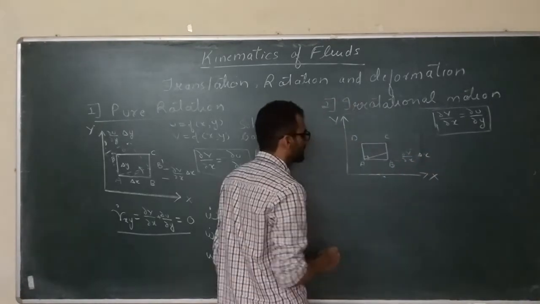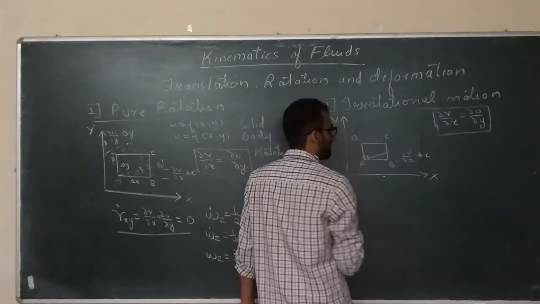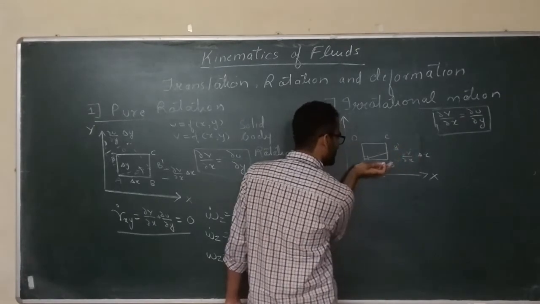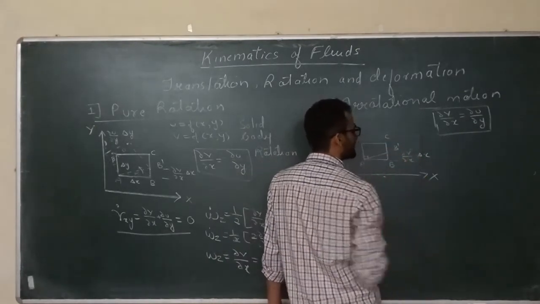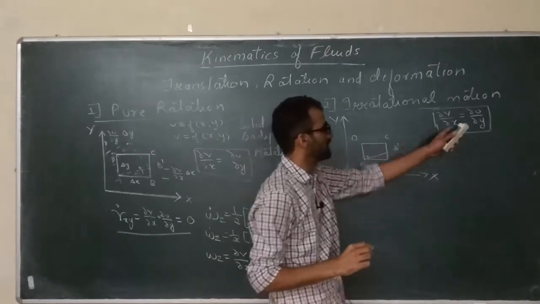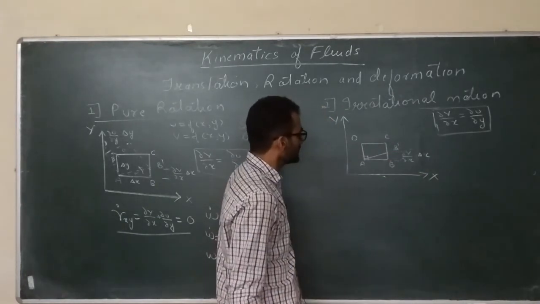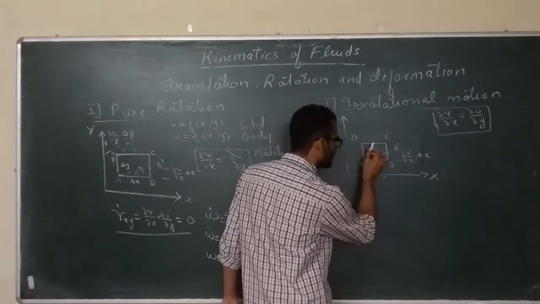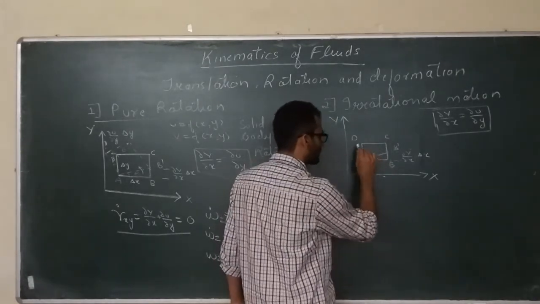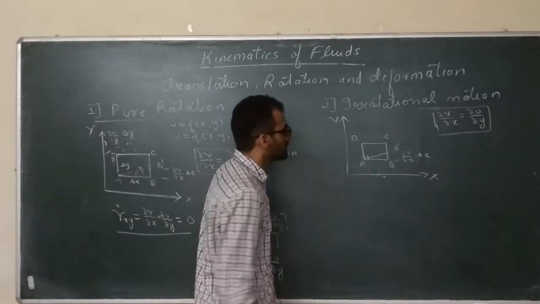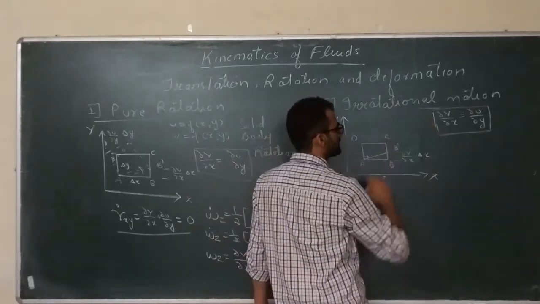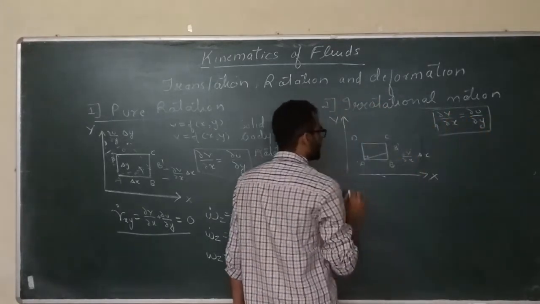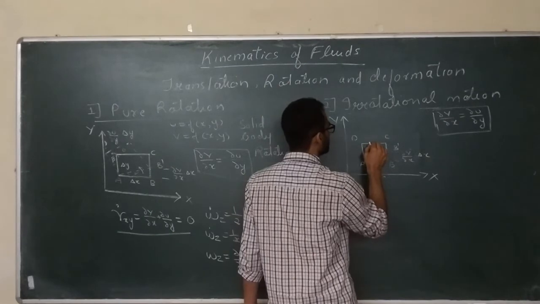Now this AB has shifted to AB dash. This segment has gone up because del v by del x is there. It is positive, fine. But what about this segment AD? It can go like this also, right or left, clockwise or anti-clockwise, both ways it can go. So which way will it go? In this case, del v by del x should be equal to del u by del y. So it will go in this way,